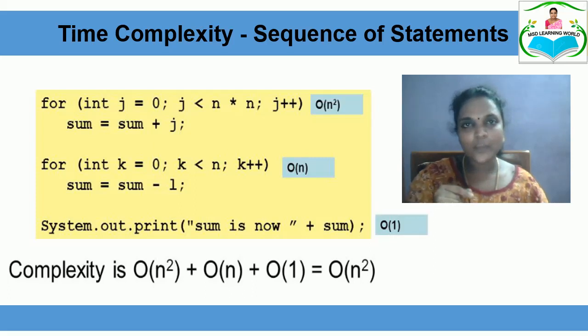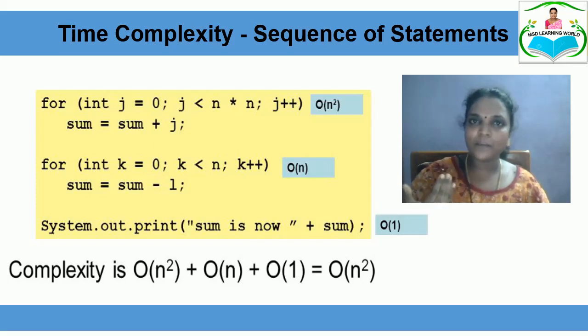Now you may have a doubt: why can't the time complexity be order of n square plus n plus 1? Why is it order of n square? It is very clear that the entire program is going to perform multitasking, where each and every process performs thread level execution. So the maximum time taken by a thread will be the time complexity of the entire code. Here the maximum time taken by a particular control structure is order of n square. So the time complexity of this sequence of statements is order of n square.